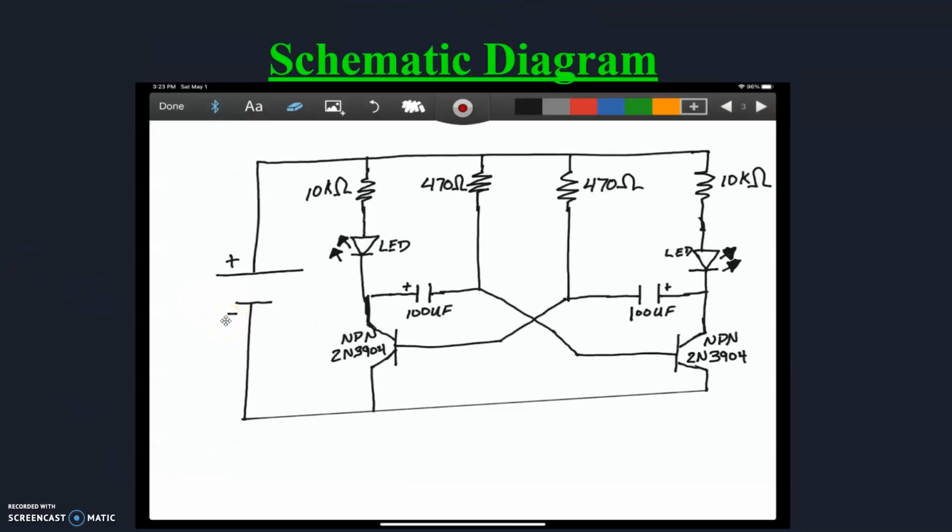Here is the schematic diagram where we have direct current coming through the transistors right here and here. Those are the NPN 2N3904 transistors. Then those run into your capacitors, where the capacitors act like power supplies for each of the LEDs. And then as the power passes through the LEDs into the resistors, your 10K ohm resistor here and your 470 ohm resistor here, they prevent the overload of the LEDs when the cycle is completed and run back to the